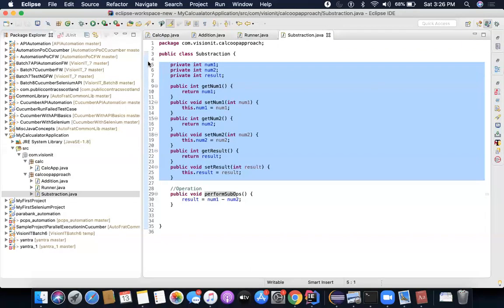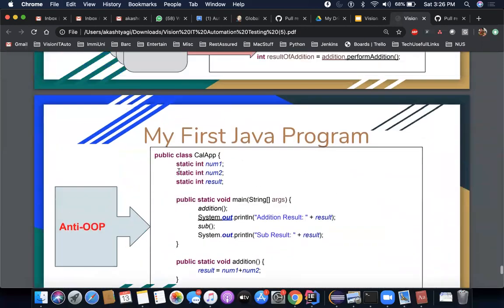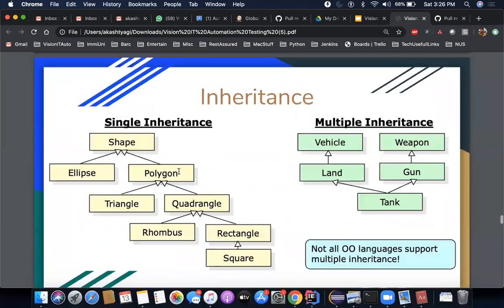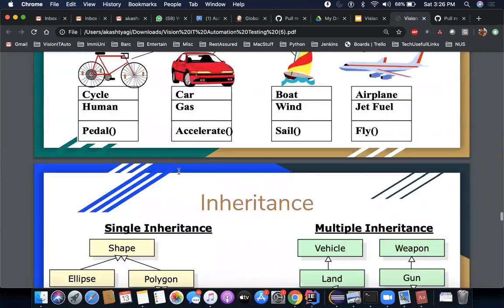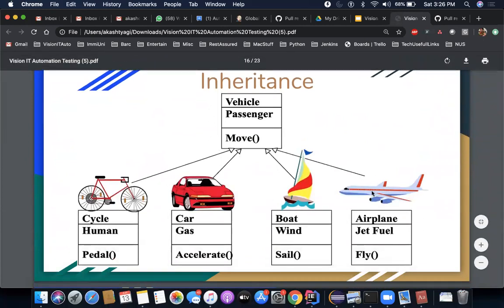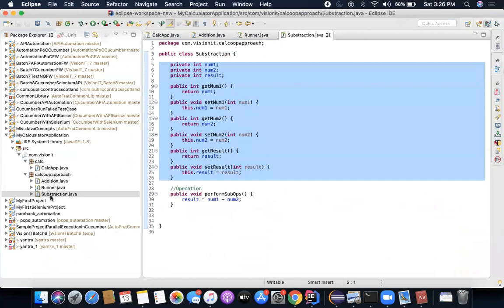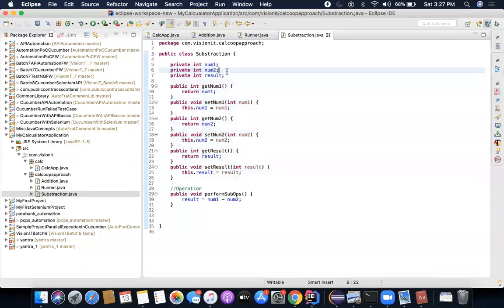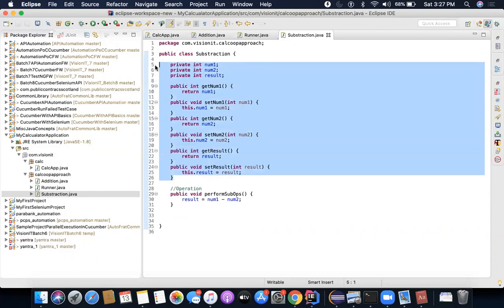What can be common here? Now, all of this, addition and subtraction. If you remember what I talked about previously when I was talking about inheritance in the previous session, what you have to do is generalize what can be moved to the top, what is common everywhere, so that you can reuse it. In this case, they all are operations, but there is something common to these values. These variables. You really don't need to write this in all the operations. Imagine you have 50 operations, you're repeating the same line of code everywhere, which is not a good thing to do.